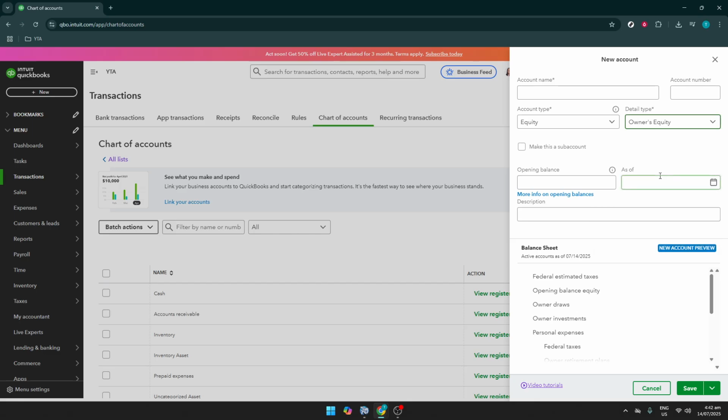Choosing Owner's Equity specifies that this account is one which tracks the owner's interest in the business, a necessary distinction for clarity in your financial reporting. Finally, once you've completed all necessary details and you're satisfied with your setup, don't forget to hit the Save button. This action confirms your new account and adds it to your Chart of Accounts, ready to use for all future